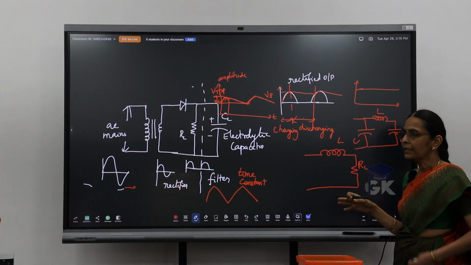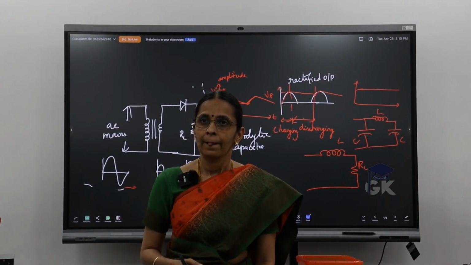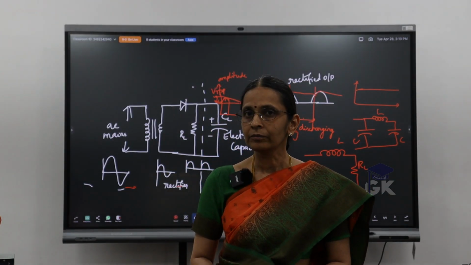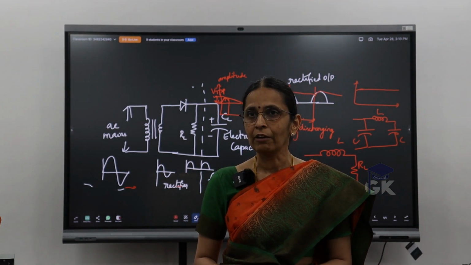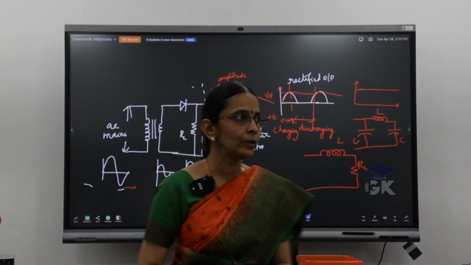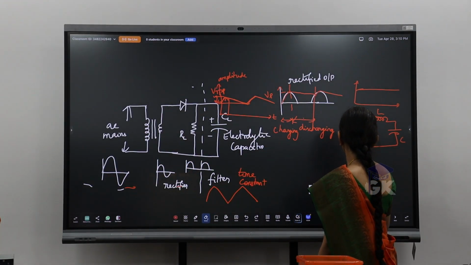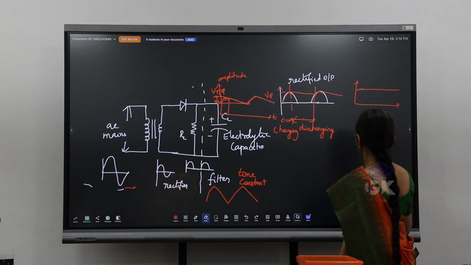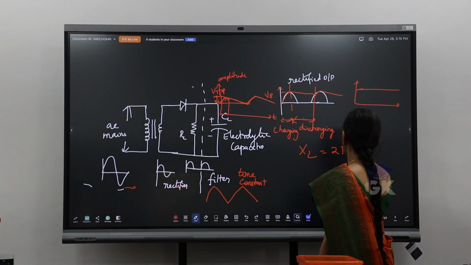Okay, so any combinations we can make use for the filter. Now capacitor we say it is blocking DC and allowing AC. What will be the job of my inductor? Inductor, what is the reactance of an inductor? 2 pi FL. XL is equal to 2 pi FL. So what will the inductor do? Like you please relate it with how we have done for C. So I'll write the formula. You please relate it for AC what it does and for DC what it does. So XL is 2 pi FL.